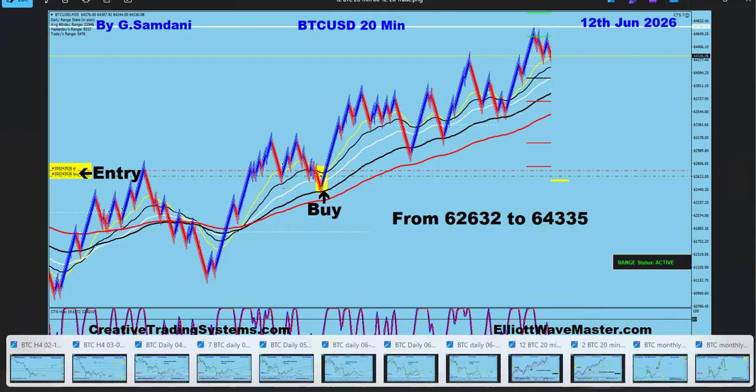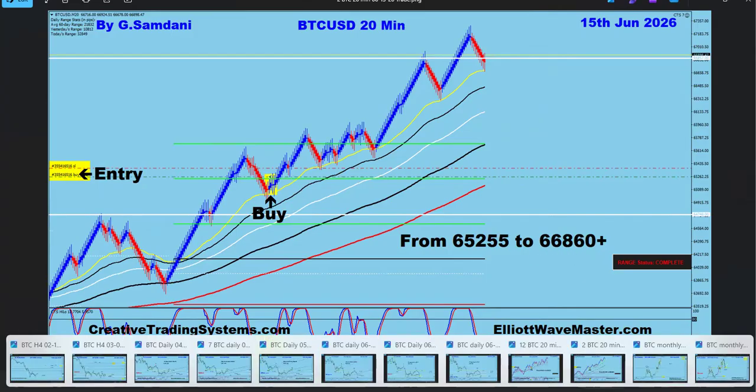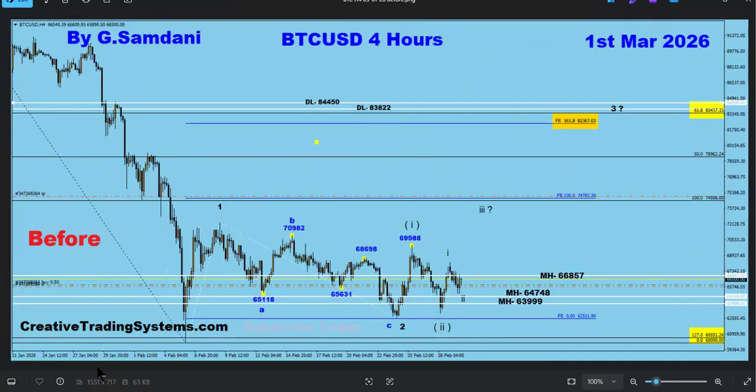Let me show you today's trade, which is this. You can see this entry right here, a beautiful entry, taken by this CTS 7 and buy orders right there as I moved to breakeven plus. And we went from 65,055 to 66,860. You recognize this number? No? Let me go back and show you that.